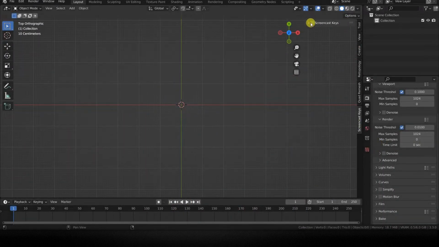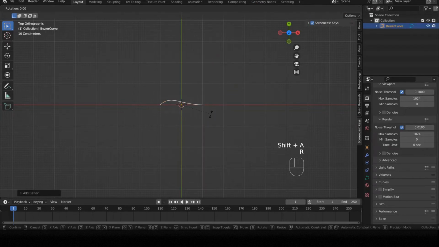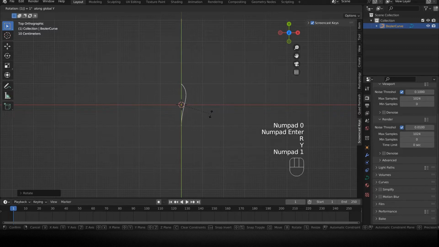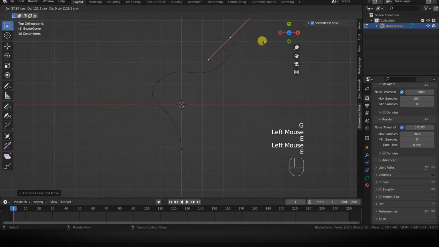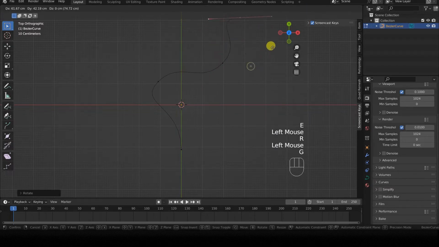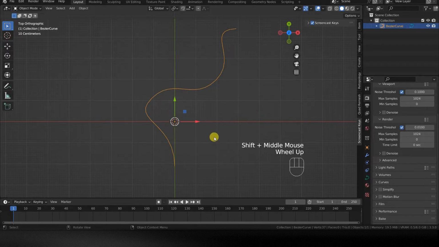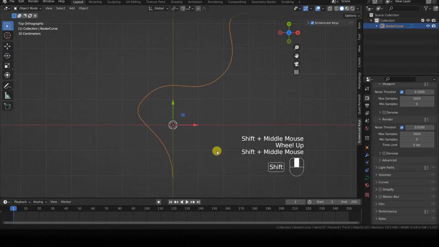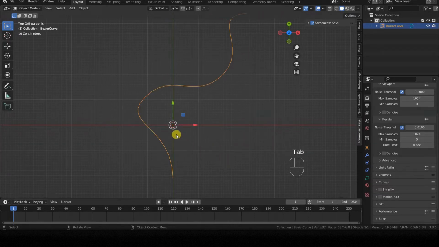Let's start with the modeling of the blood vessel in a completely empty scene. First, in a top view, preferably orthographic, we insert a Bezier curve, which we model by adding and moving a couple of control points in edit mode. This curve represents the path of the blood vessel, and for our purposes, we can keep it in the 2D plane. That's why I'm framing the scene from above, with an orthographic view.